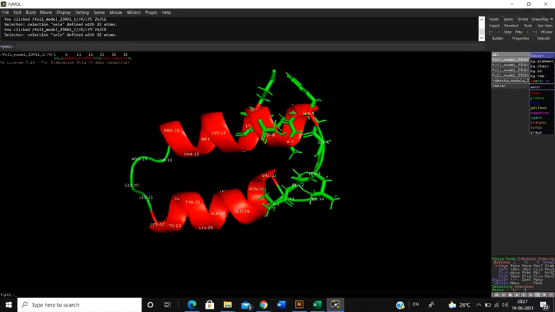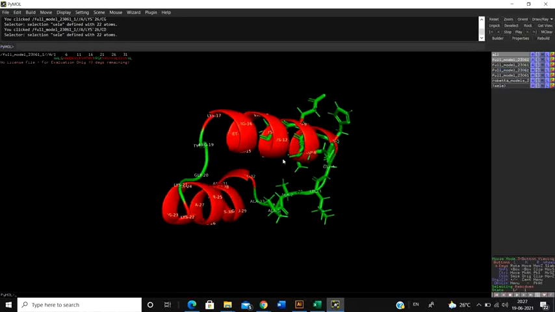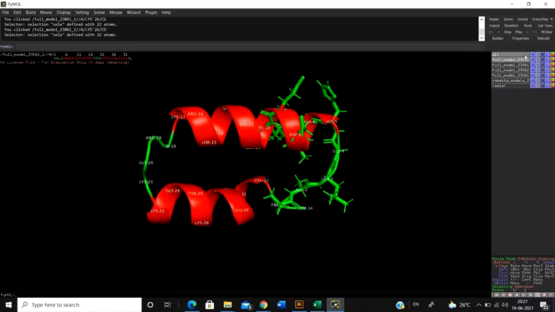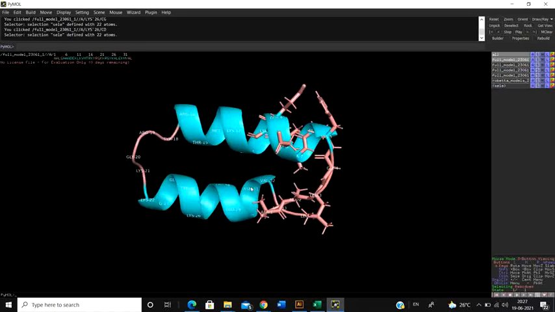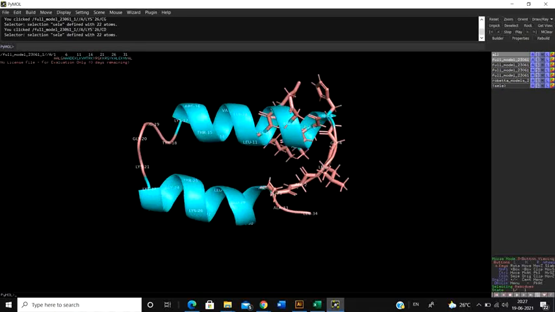In this method, in secondary structure, the helix is given red, the sheets are given yellow, while the loops are given green. Since I don't have any helix in this particular structure, there is no yellow, but you can see the red and the blue. Or you can also color them differently with this particular option. So it actually differs upon your choice. Or you can also color the entire thing differently.